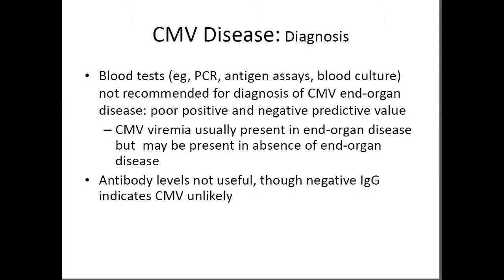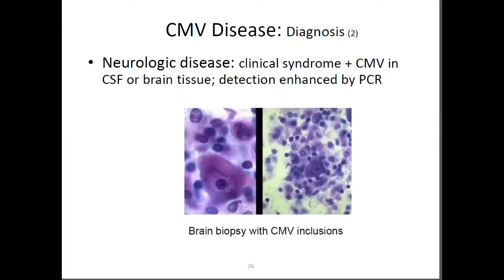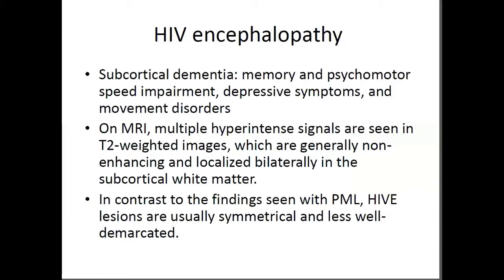Same is true with CMV colitis. We cannot diagnose CMV by looking at CMV in the blood or the stool. We have to have a tissue biopsy from the colon to look for CMV colitis. Antibody level is not useful because most of us already have antibody because we were exposed in childhood. The diagnosis is by clinical syndrome plus CMV in the CSF or brain tissue or detection enhanced by PCR testing. The last topic that I wanted to go through is